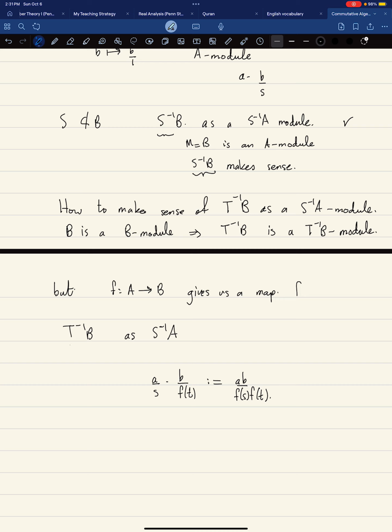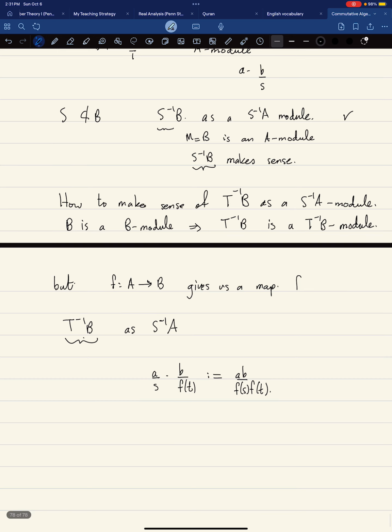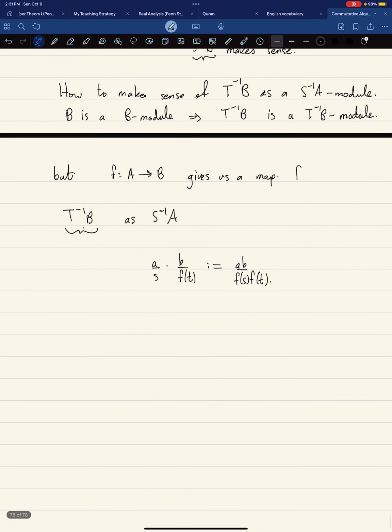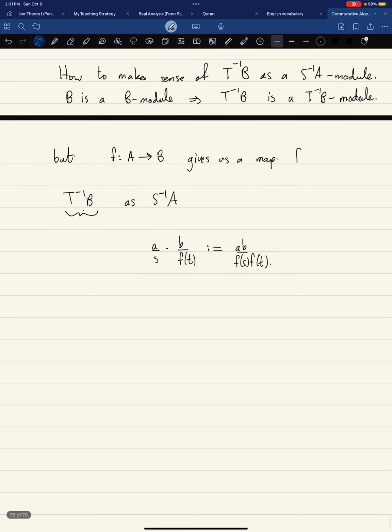I was thinking of making this into an S inverse A module by some kind of restriction of scalars, but that doesn't seem to work here, I think, and we have to explicitly define the scalar multiplication here like this, and we also have to check